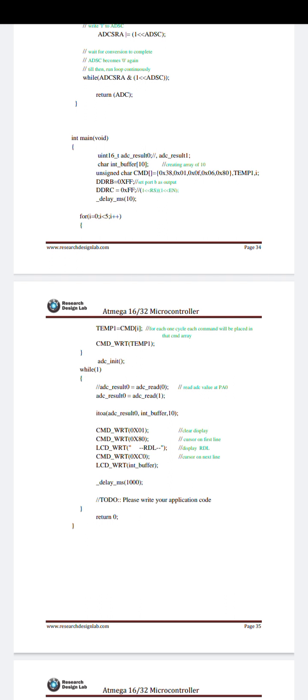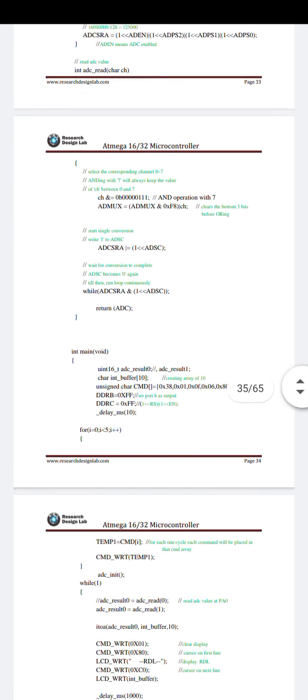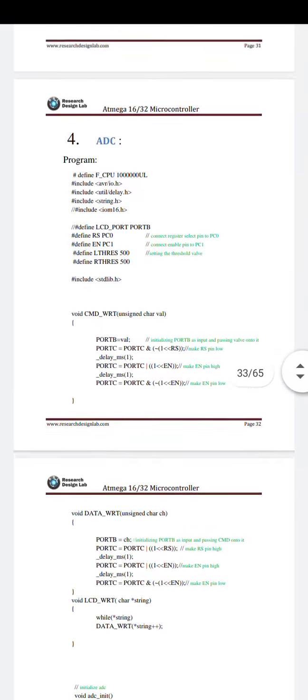Then CMD write 0x80, that is cursor on first line. LCD write, display the LCD commands for all. Then CMD write 0xC0, that is cursor on next line. Then LCD write integer buffer, delay, and return 0. This is the programming for LCD ADC interfacing.